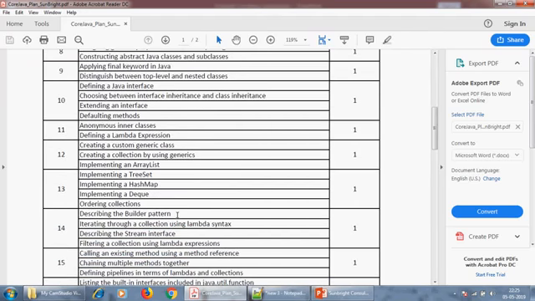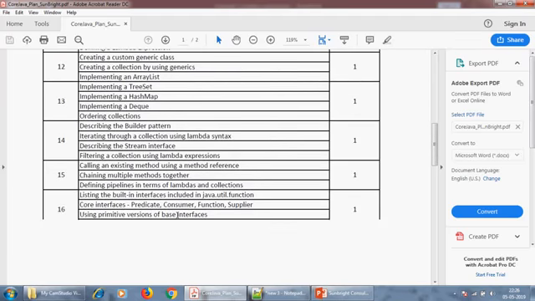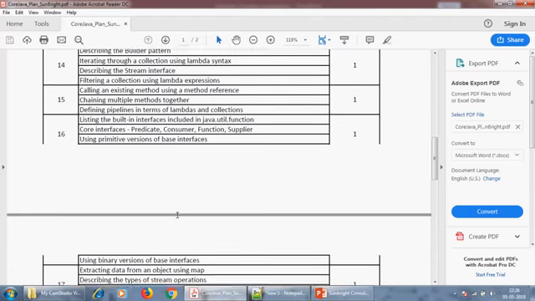Then the 14th part is the builder pattern, the lambda syntax, and stream interfaces, and how lambda expressions can be used. These are again used for advanced Java purposes. We'll be seeing them ahead. Then moving ahead to the 16th type, this is a very important package available in Java. A package is nothing but a collection of libraries, and these libraries are again nothing but a collection of the classes and interfaces available in Java. So you'll see how to use different core interfaces: producer, consumer, predicate, function, supplier, and all of these.